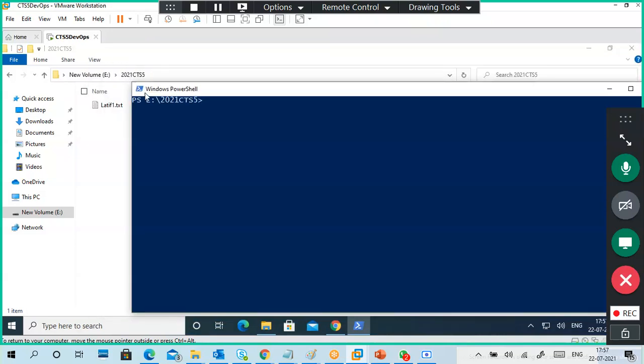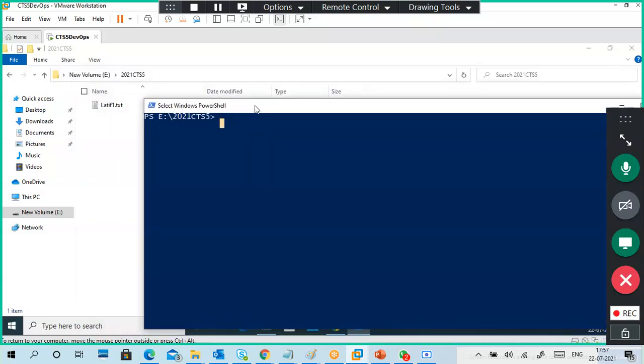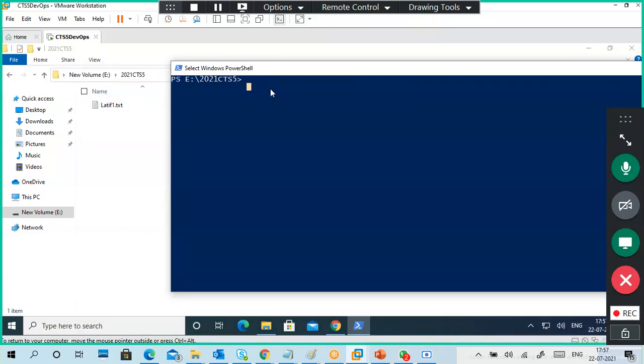Why do I use this one? See, I no need to use the cd kind of stuff. Directly my folder is open. So it's quite easy for me. We'll drag it like this, maybe like this, which is okay. So guys, see this screen as well as this screen also.